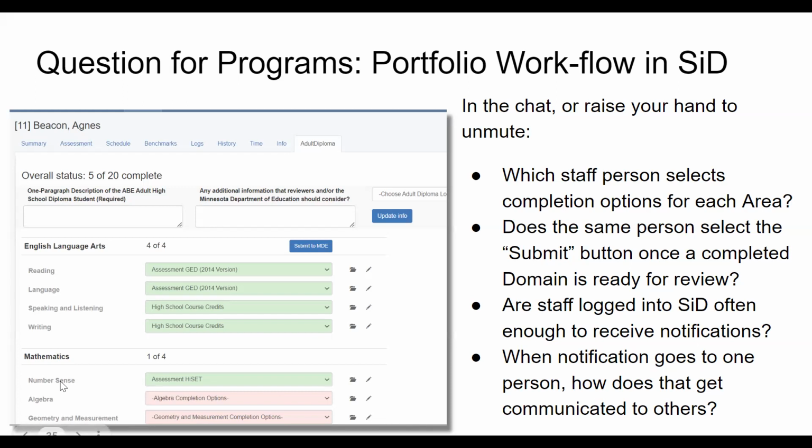Jody, do you have any thoughts about what you're seeing? Yeah, I think that the folks who are speaking up are the ones who've got it all figured out, which is awesome. The reason Jenny and I were talking about opening this conversation is because we've heard a little bit about folks feeling confused about when notifications happen and who they go to.